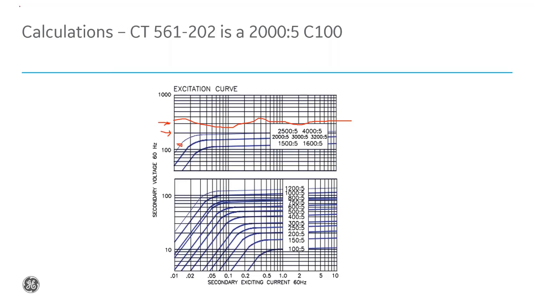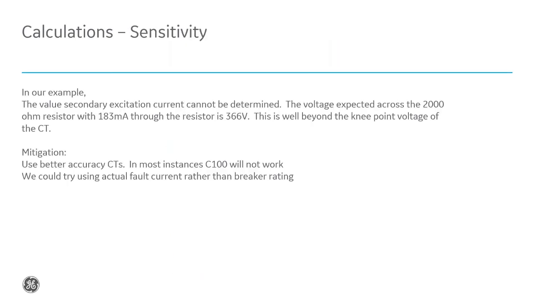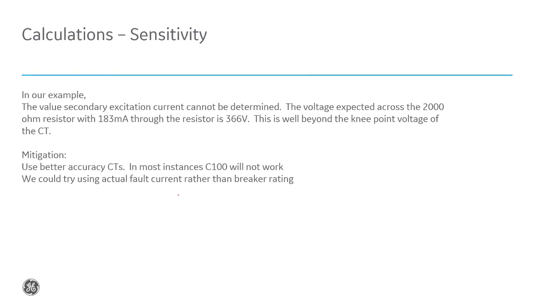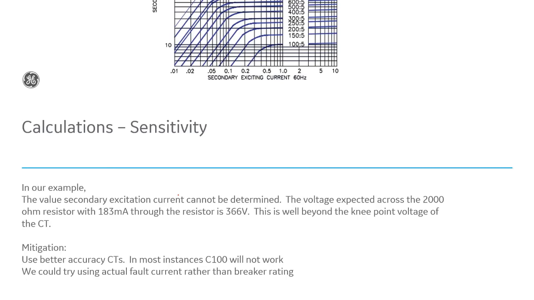That lower setting would have to be based on actual fault current rather than breaker interrupted current. That'll give us a lower setting. So that's probably not going to work, and the reason it's not going to work is because we're never going to be able to develop enough voltage across that particular CT. So one of the things that we want to think about is we probably never want to